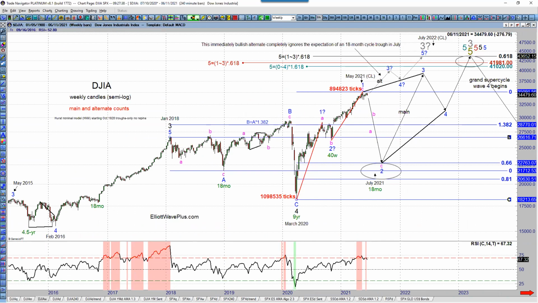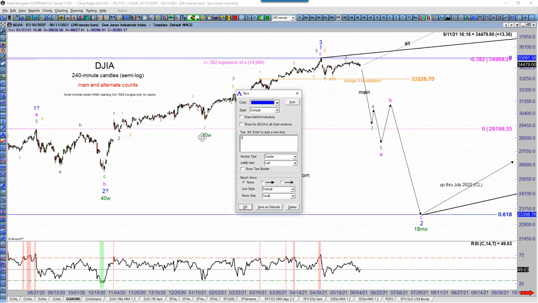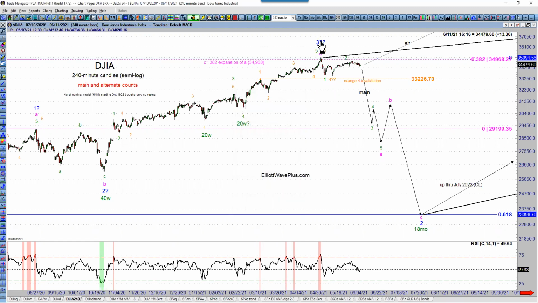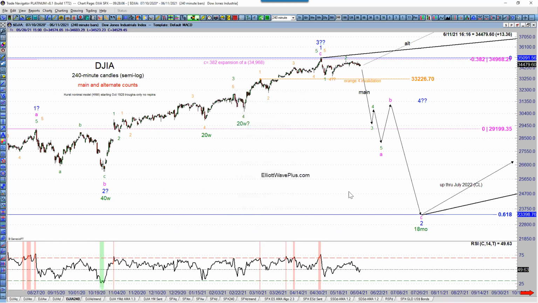So that's the Dow Jones Industrial Average. Here's a closer look at the main count. And I'm going to put this here and get this over in first days of August, something like that, a wave 4. And that is, we got a 1 and then an A, B, C for 2. That high right there is actually still holding, and now we're just starting to lean over just a little bit.